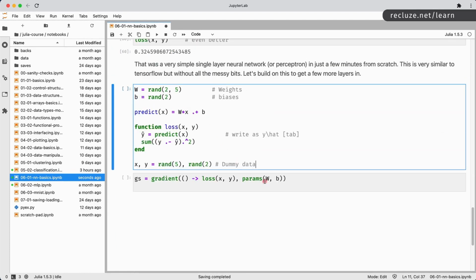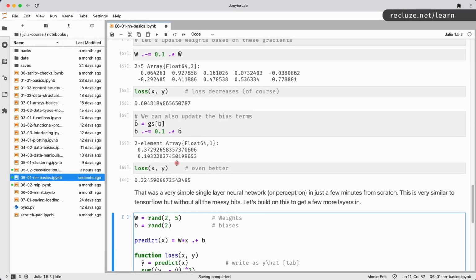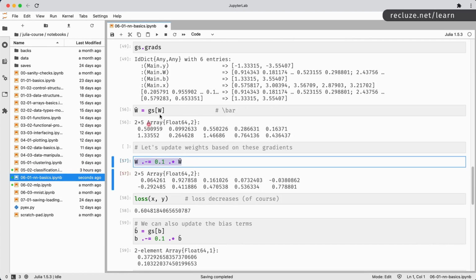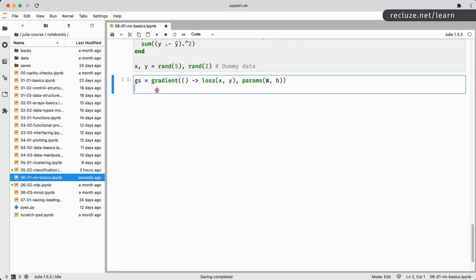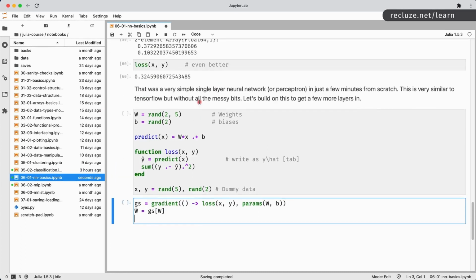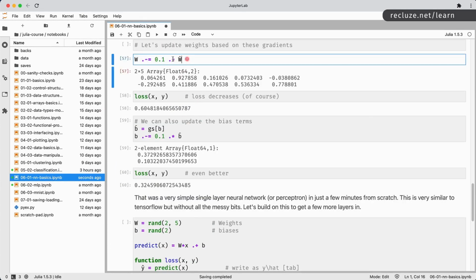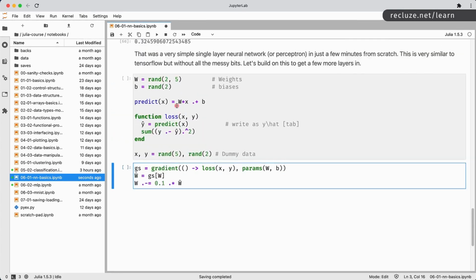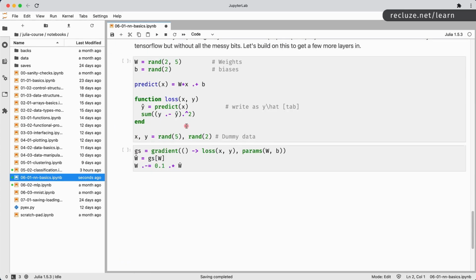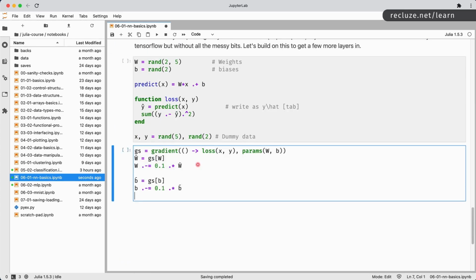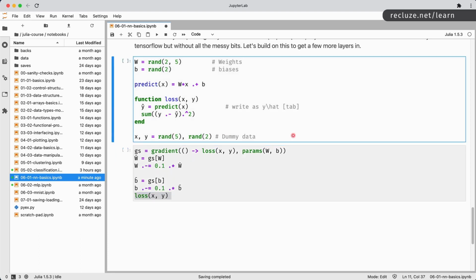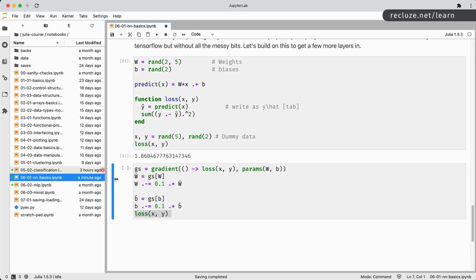So I'm putting everything that has to be repeated here and everything that is done once over here. Okay. Finally, we have the weights over here, and we are going to update the weights using this. Similarly, for biases, we have the calculation of biases and updation as well. Okay. And then we output the loss with respect to X and Y. Okay. So hopefully this makes sense. Let's go ahead and output the loss initially as well. So there you go. This is our initial loss.